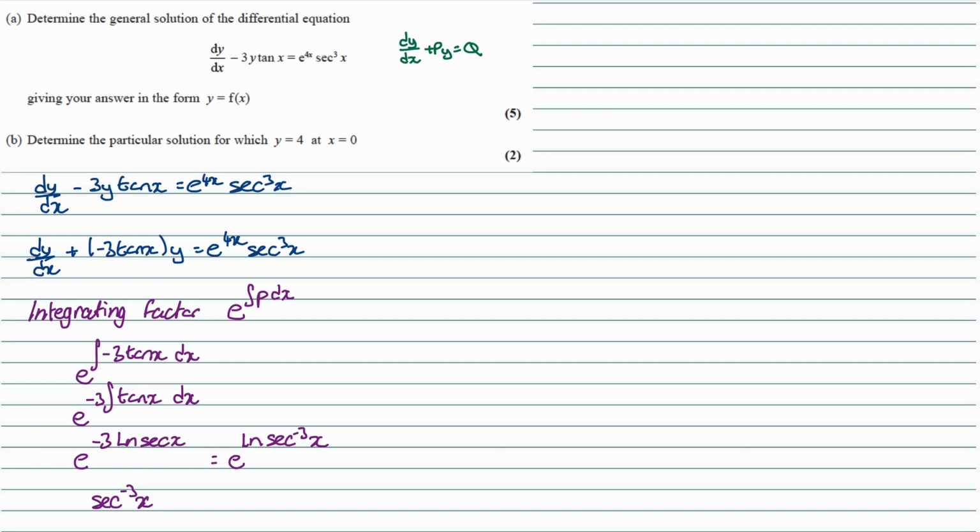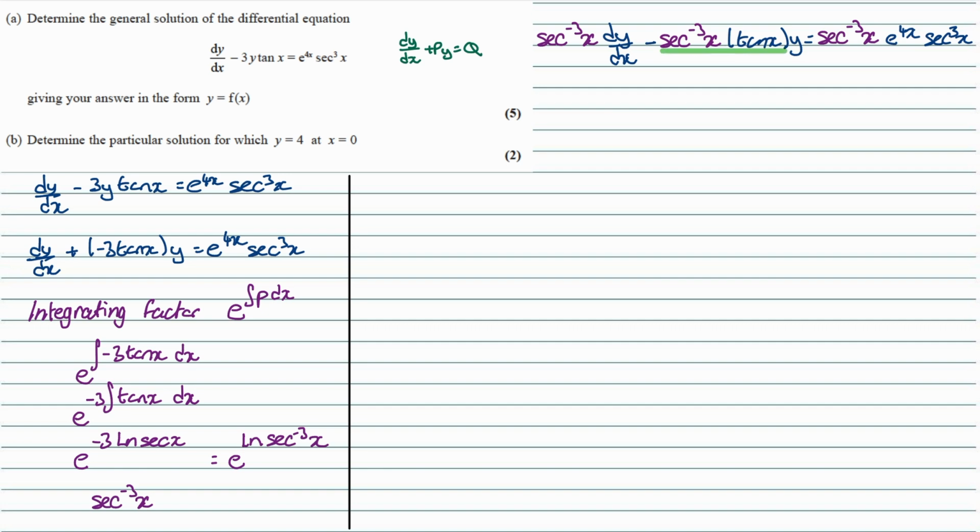And now we need to multiply every term in our differential equation by this integrating factor. And there's a couple of things we can do here to tidy this up. We can simplify the sec to the negative 3x tan x, and the sec to the negative 3x and the sec cubed x will cancel. So if we begin with this one,